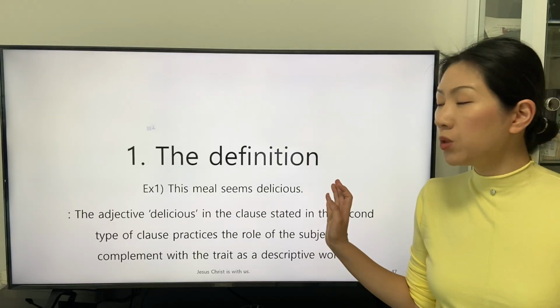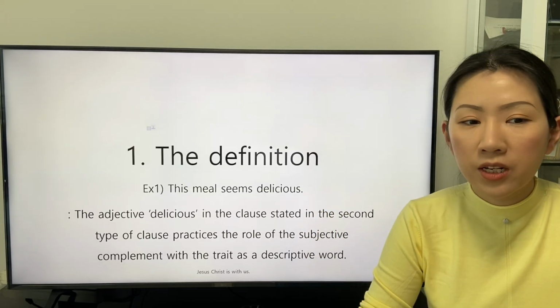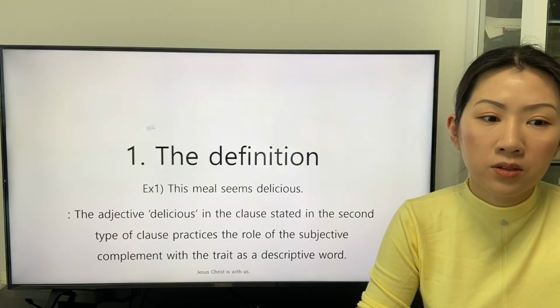Let's go back to the original example. The first example. The adjective delicious in the clause stated in the second type of clause